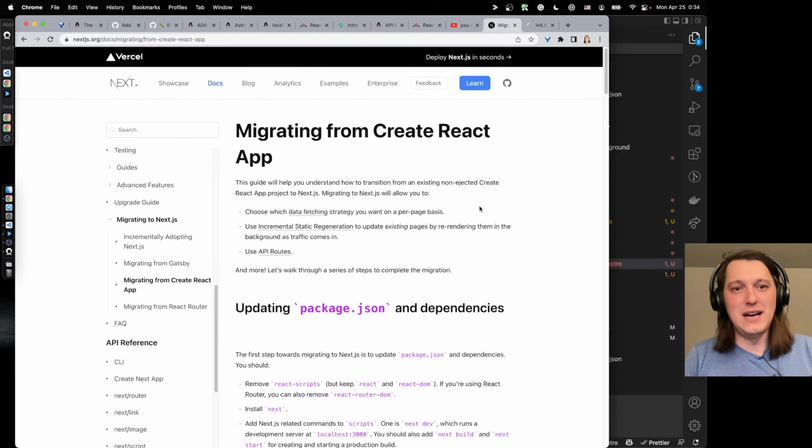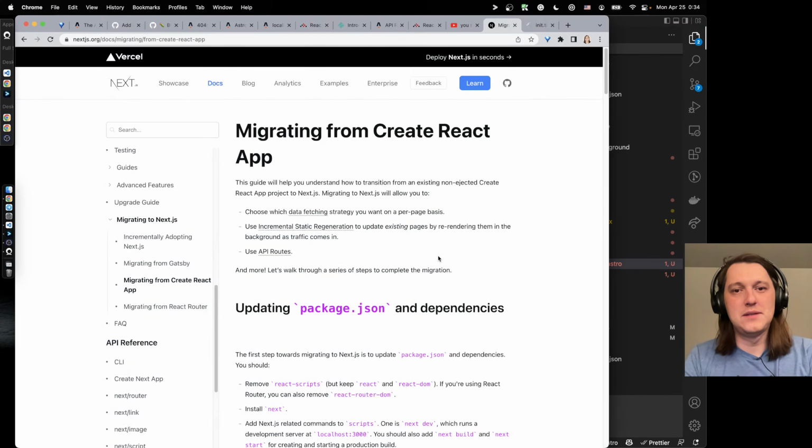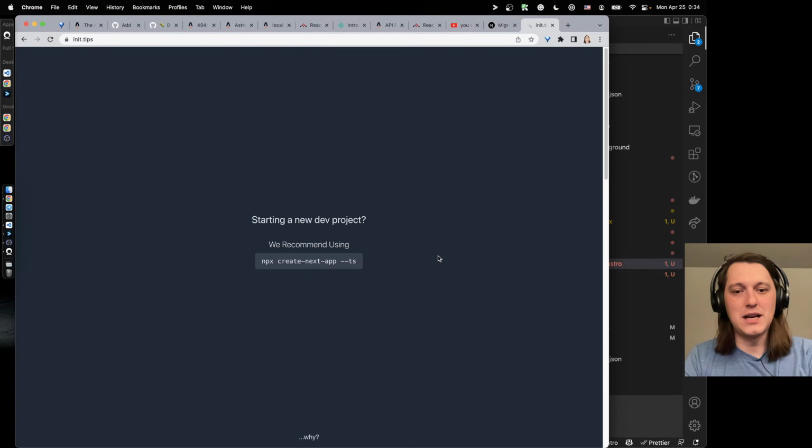But Next is, I don't know. I was really skeptical of Next when it just showed up. We used it for one project. We were next to someone who was using it for the other. I didn't get, oh wow, this is the way to build any web app. For me, it's still pretty specific to what Vercel is doing and what React is doing. So yeah, I want to see if Astro could fill that need for me, the need of migrating from CRA, because yeah, Next. Where's my tweet? I already closed it, but yeah. I wish to use something better, but yeah, the other option is of course Remix, but I don't know, this guy has banned me on Twitter, so